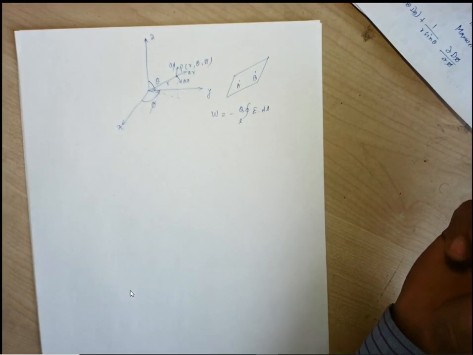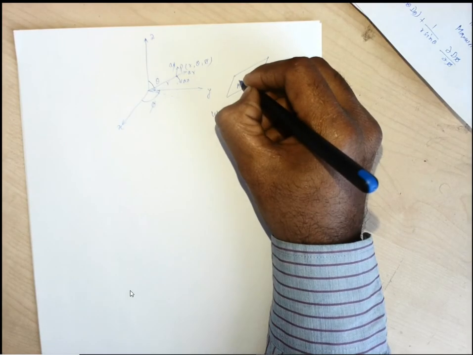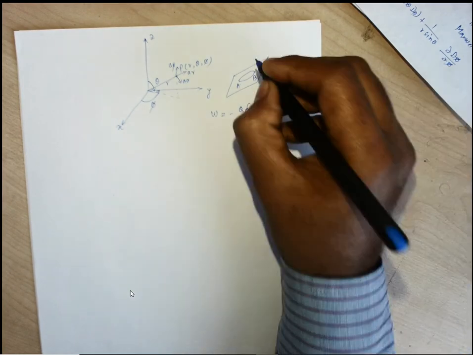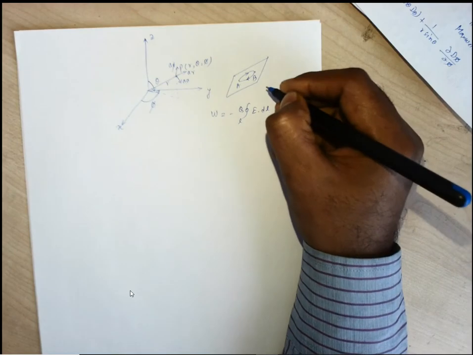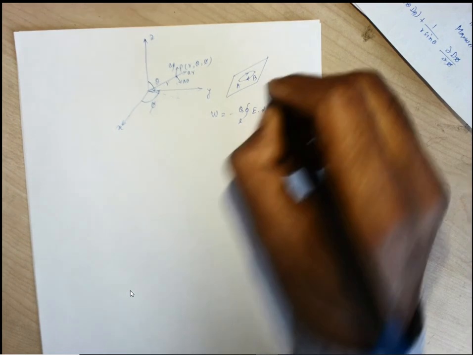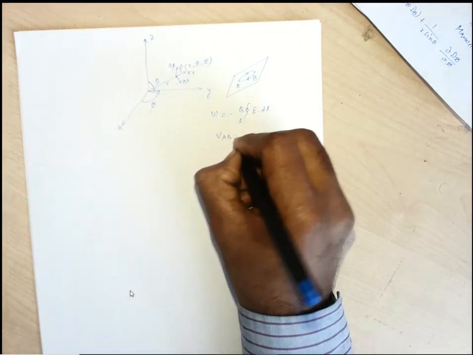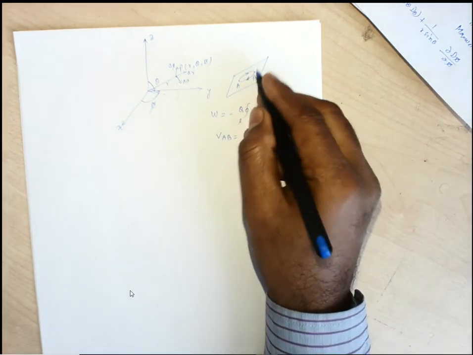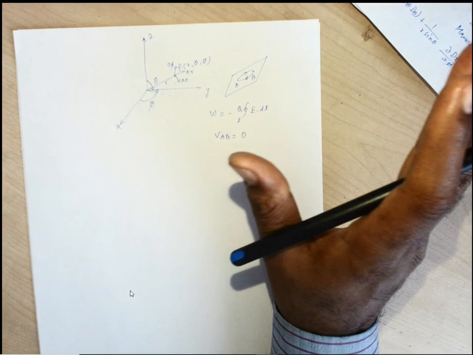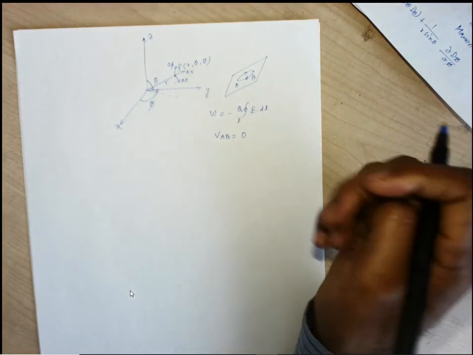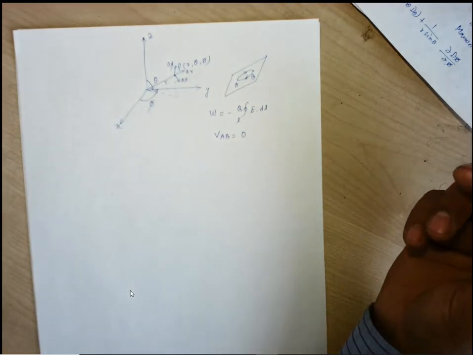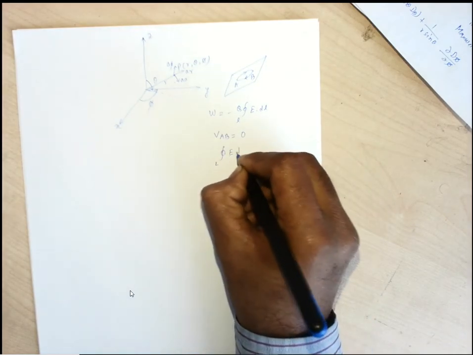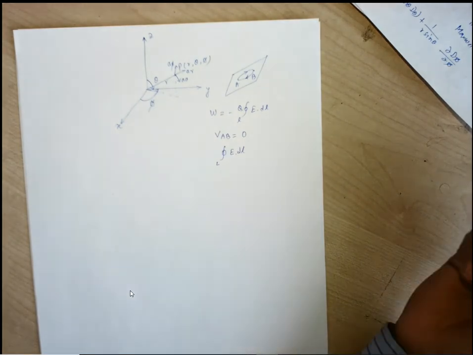Over the closed path, if we start the journey from A to B and come back to A, obviously this closed path has zero work done, and due to that the potential difference VAB is zero. Since the potential difference on this perfect conductor is zero, and VAB has the expression of the closed line integral E dot dl, if E dot dl is 0, obviously the work done is completely 0.